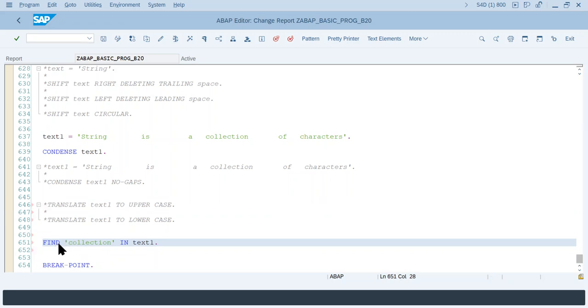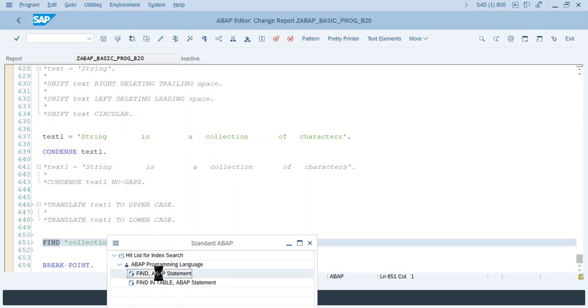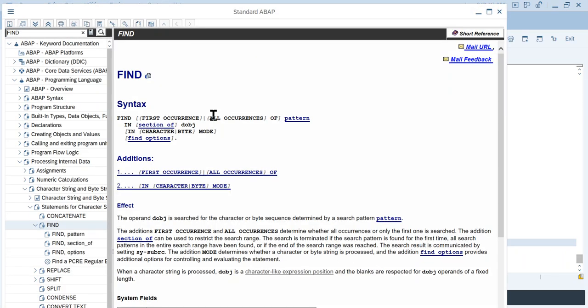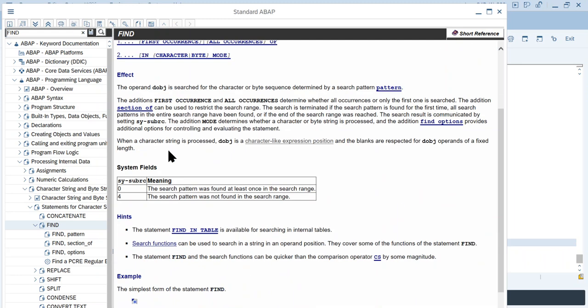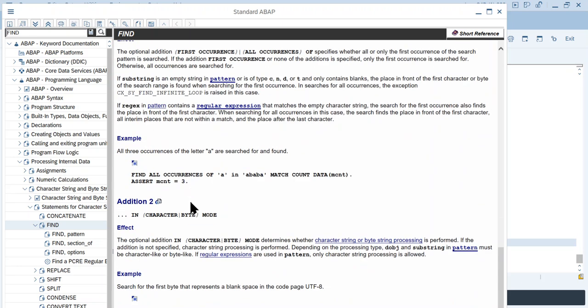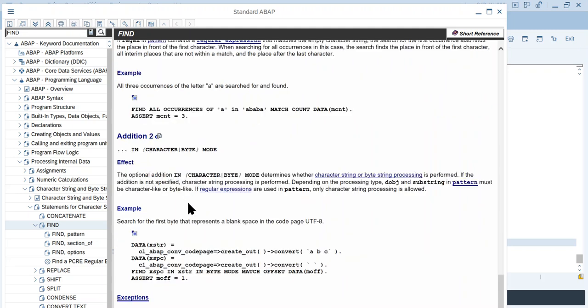I want to see where the collection word is. If the collection exists, in that case it returns sy-subrc as 0. If not, sy-subrc will be 4, and there should be a variable which will be filled with